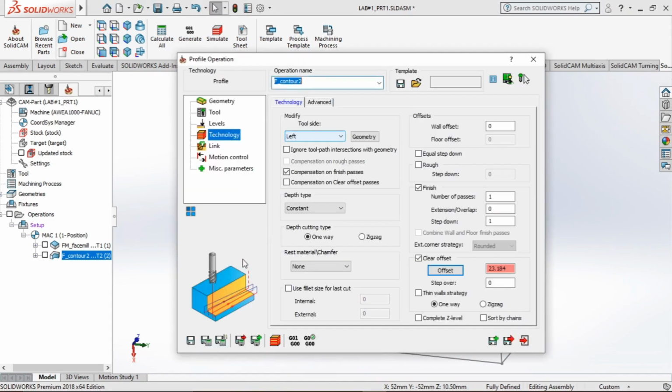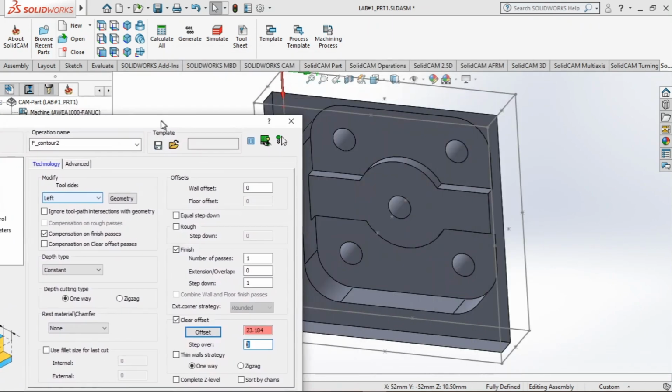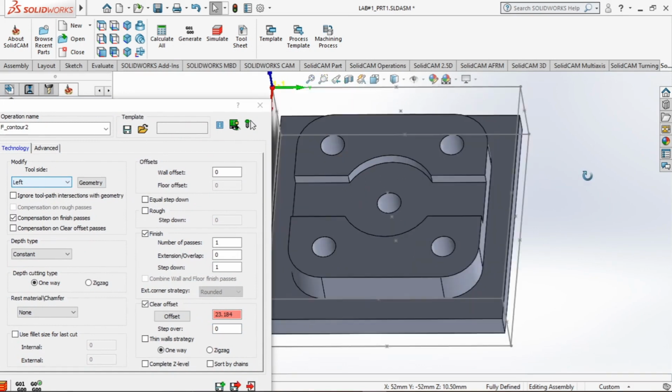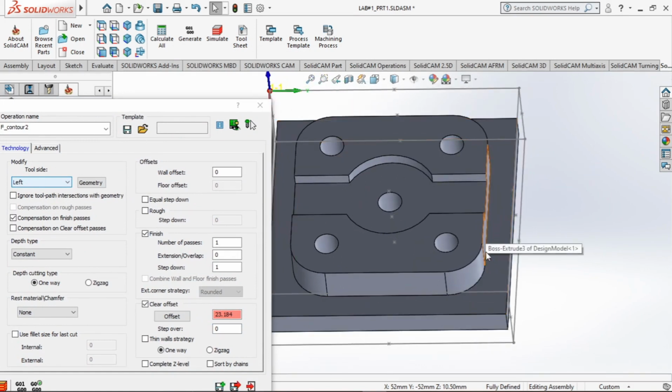So picking that point automatically gives a value. So we have to include a step over. Step over means that the tool will be, now since the tool will be rotating in this path, right, at the closest point to the